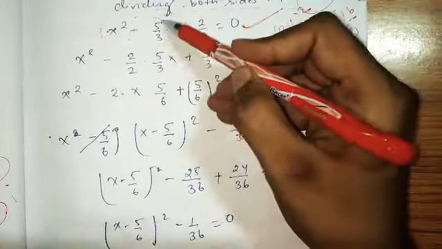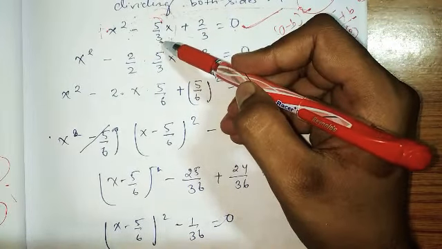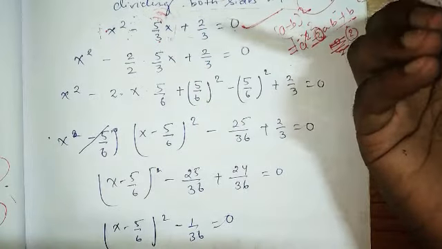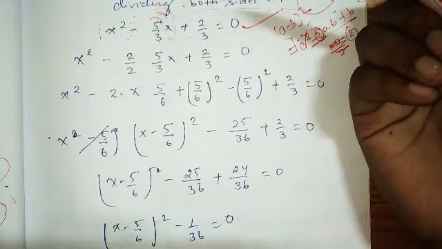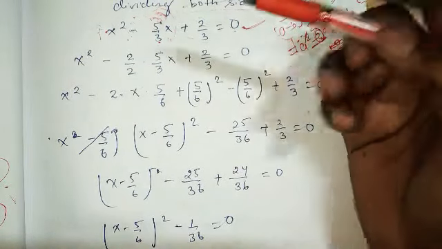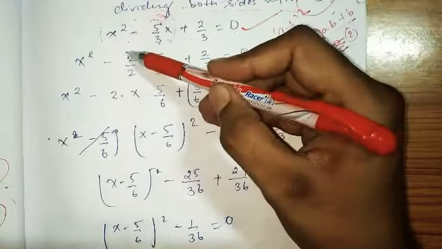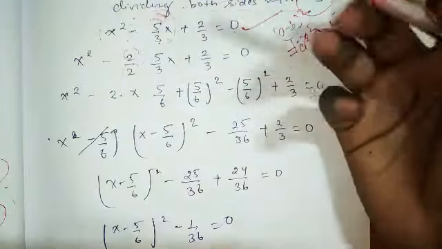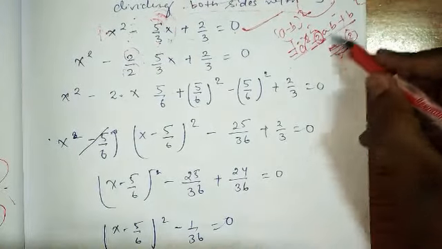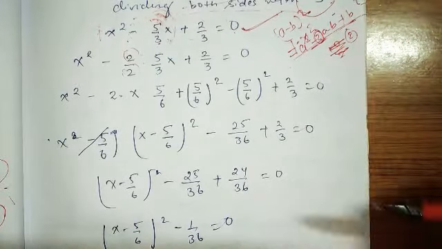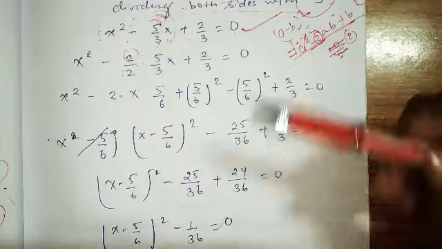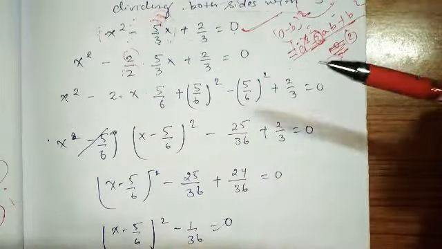You have to focus on the numerator, not the denominator, okay. Be careful, you have to focus on the numerator, and numerator is 5 and it is not a factor of 2. So what we have to do now? You have to multiply the number 2. We want 2 here at any cost because we have to make the whole square formula, and you cannot make the whole square formula without this number 2. So you must have this number 2 at any cost.